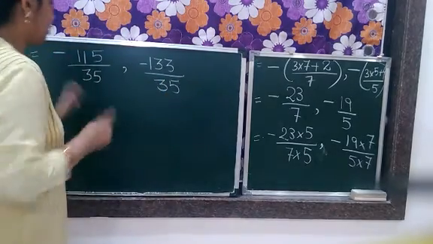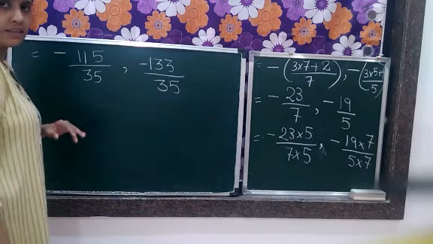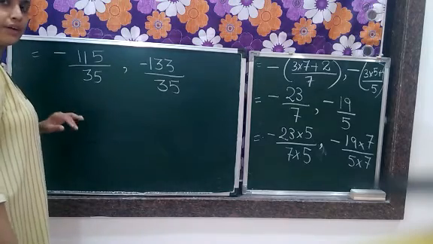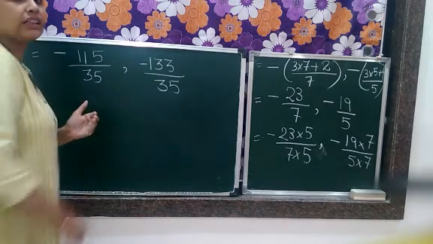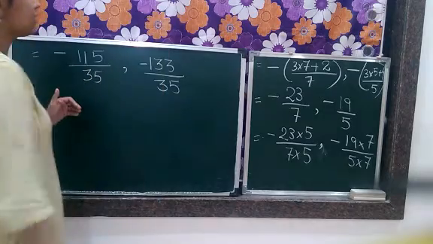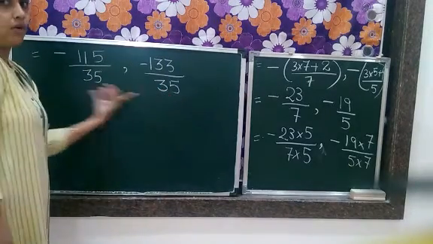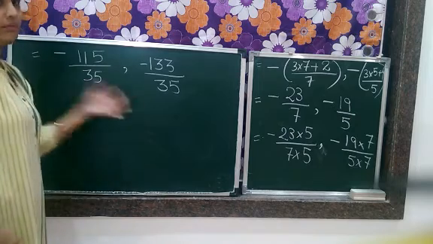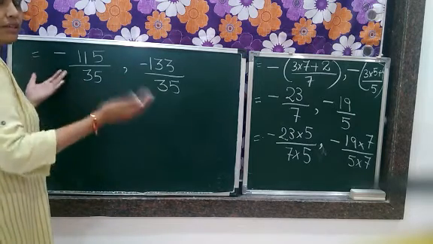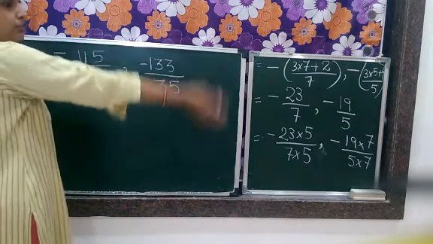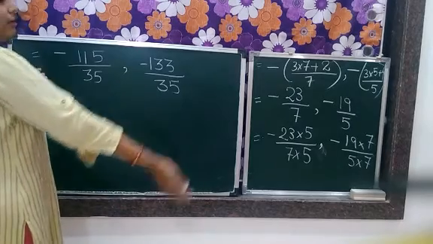So, who is greater? Obviously, the number which will be placed on the right side of the other number. Yes, or you can say in the number line, the rational number which will be placed on the right side will be greater.